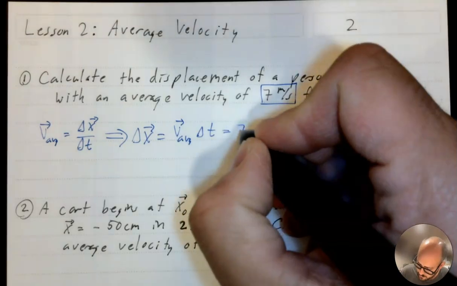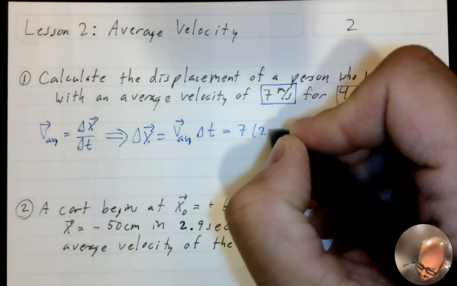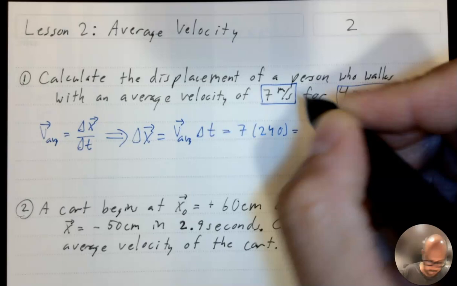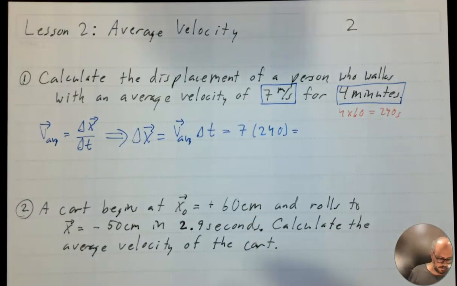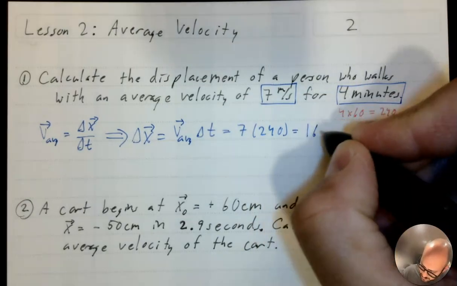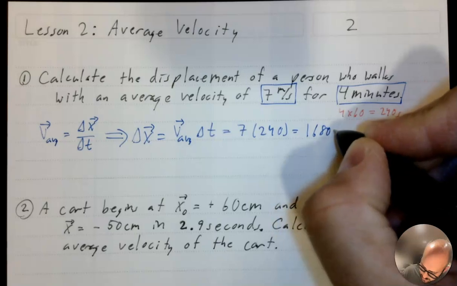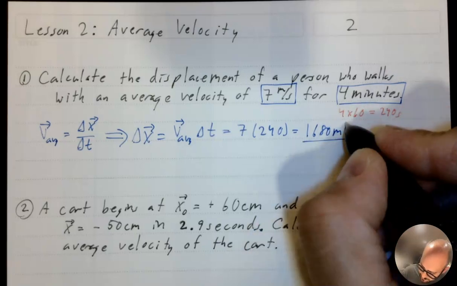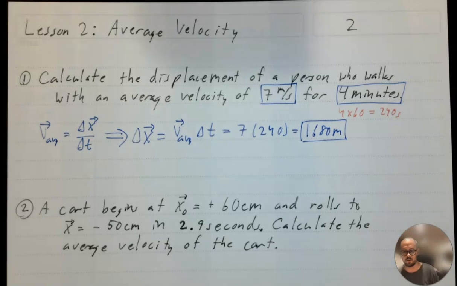So we would take 7 meters per second and multiply by 240. And that would give us 1,680 meters. Sig figs is not a big thing in AP Physics 1, which is why you can see I have two numbers that have 1 sig fig. We'll talk about sig figs more when we do labs, but for right now, just focus on the routine